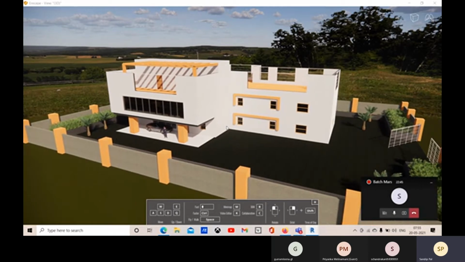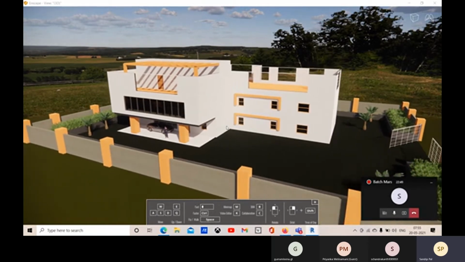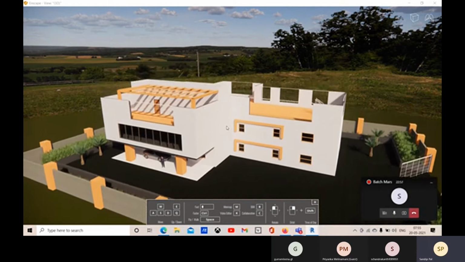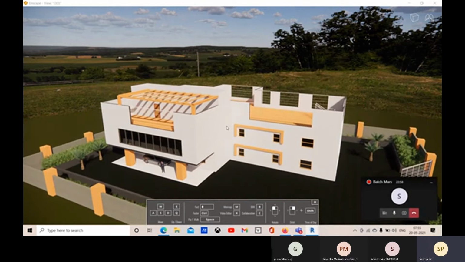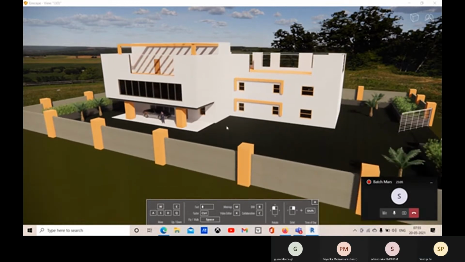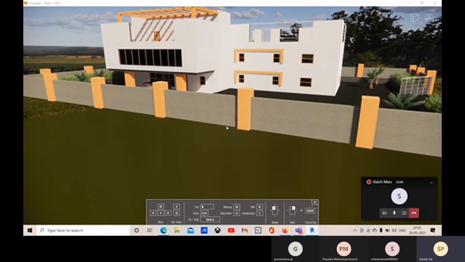You can also do this with W, A, S, and D. And to move upward towards the sky, you can go with E. And if you are coming towards the ground, you can press Q for the bottom. Okay, like this way. All right.